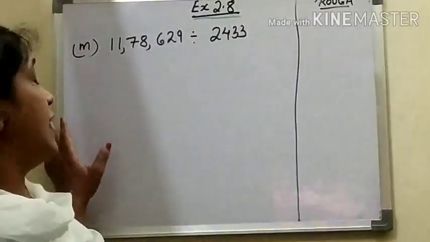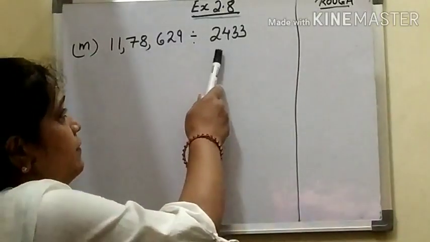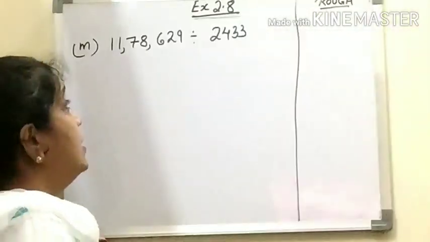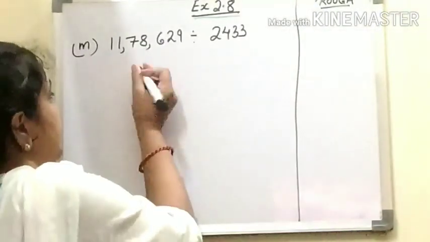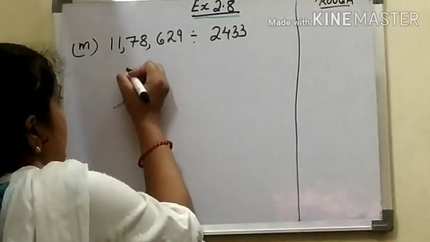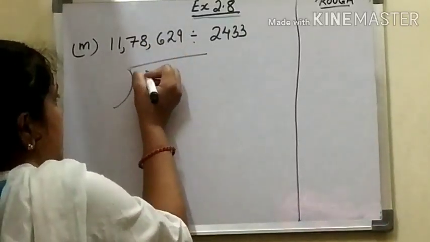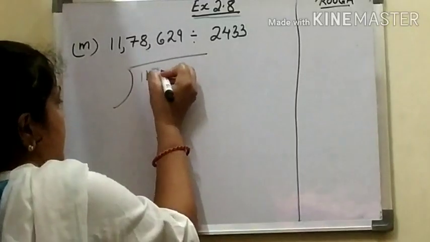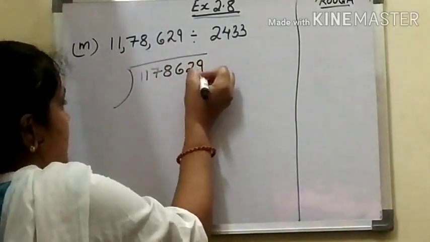Let us do as we were doing division. Now let us do how to divide by a 4-digit number. This is exercise 2.8 N question. First, we will write the dividend without the comma. That is 1178629 divided by